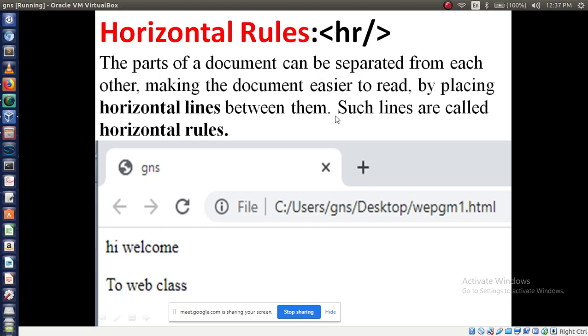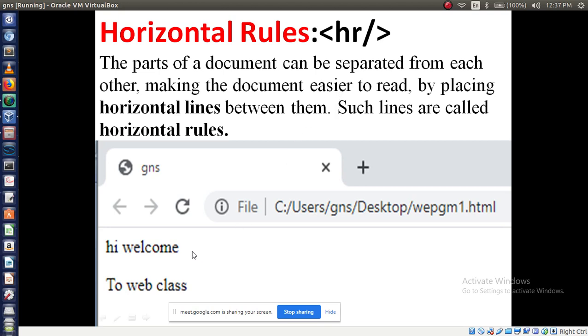Such lines are called horizontal rules. HR means horizontal rules, and its job is to place a line between two lines, two parts, or two documents. It separates the contents.